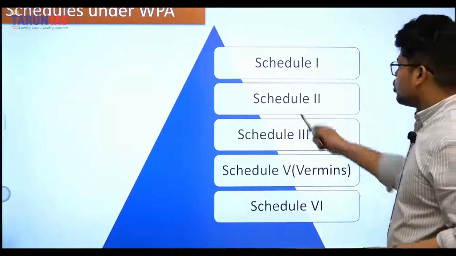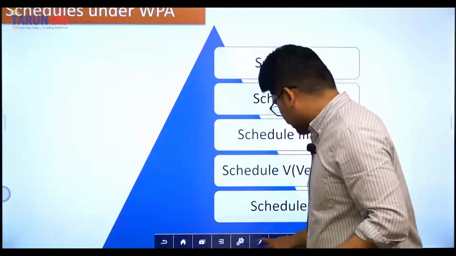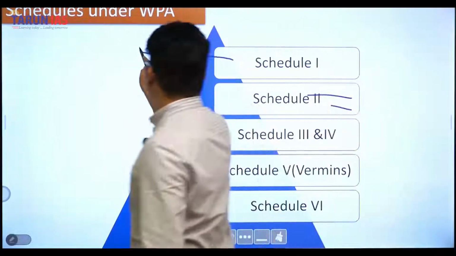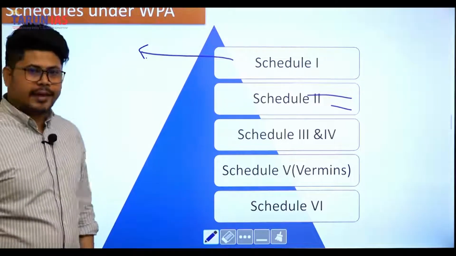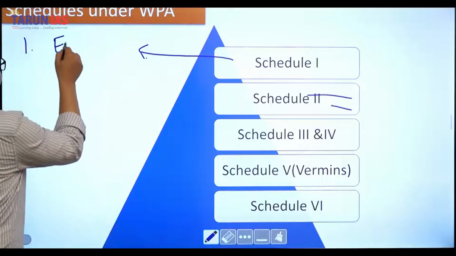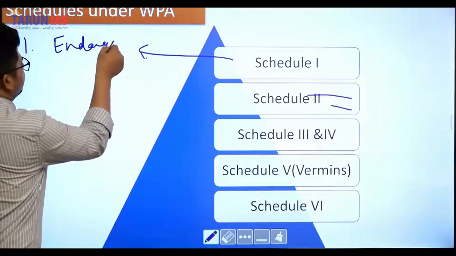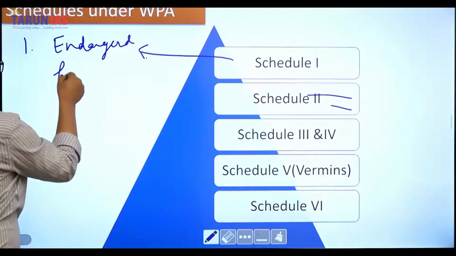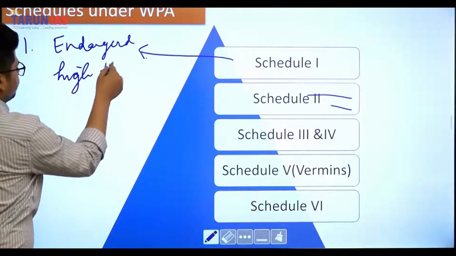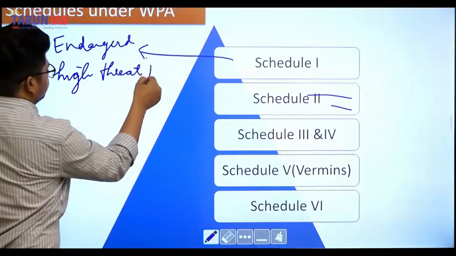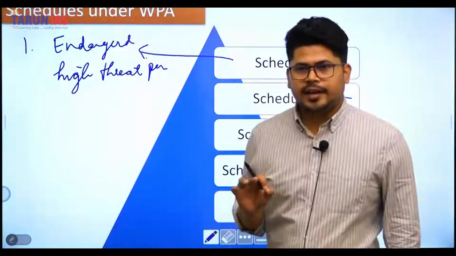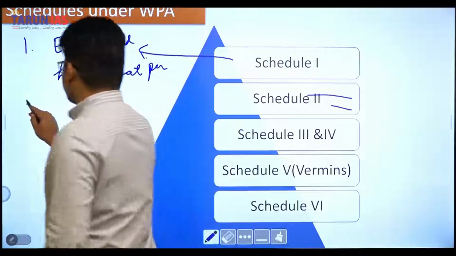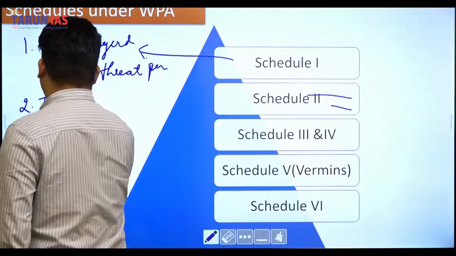ओके तो शेड्यूल 1 में कौन कौन से एनिमल्स हैं. तो शेड्यूल 1 के लिए सबसे इंपॉर्टेंट पॉइंट, the first one is those animals which are endangered and have a high threat perception. Okay, the first is which are endangered and have a very high threat perception. The second point is they cannot be killed,